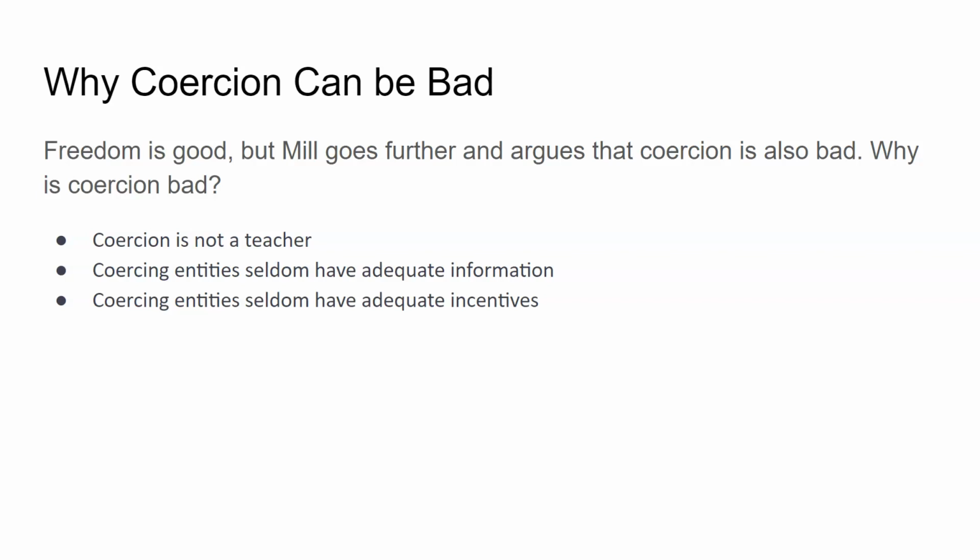It might be bad for 99% of the population to do a certain thing, but it might be okay for you, right? You might be exceptional, right? It might be the case that most of the population is going to be harmed by doing a certain activity, perhaps a certain kind of drug. But it might not be the case for you. And so the coercing entity doesn't have adequate information about everybody. They have some information, general information perhaps, but they can't look inside your brain or inside your brain chemistry for that matter and know more than you or know better than you, right? Seldom have adequate information. They often don't have information about time and place.